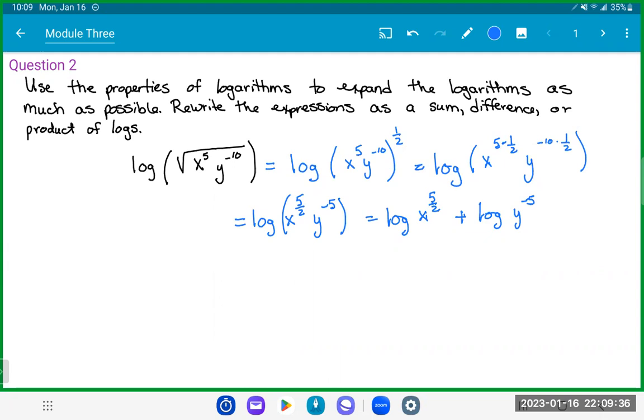Now what we want to do is apply the power rule. What the power rule tells us is that with logarithms, we can take this exponent and bring it to the front. We can do that for each of these. So that's going to give me 5/2 log